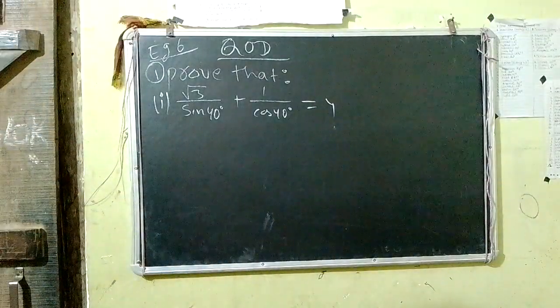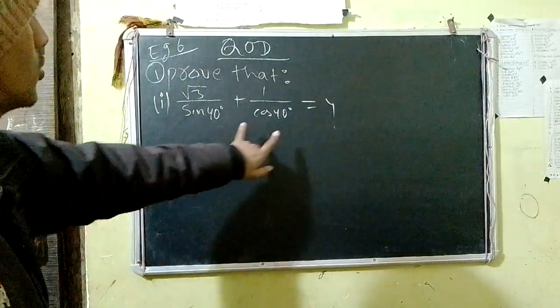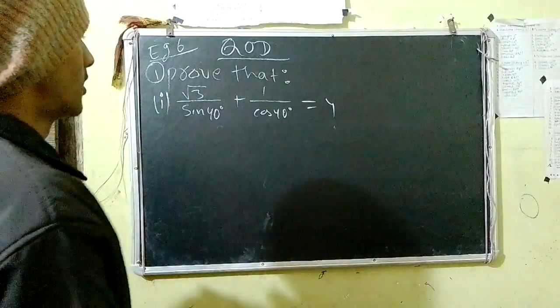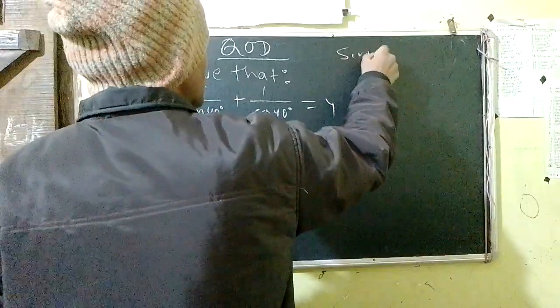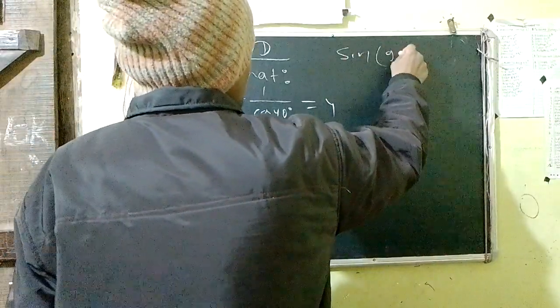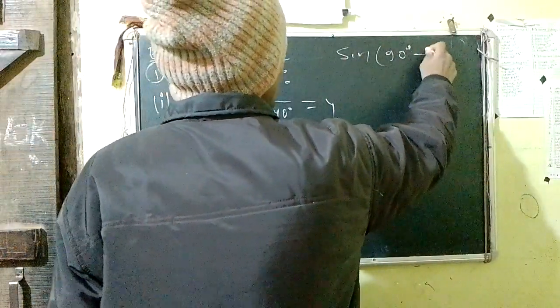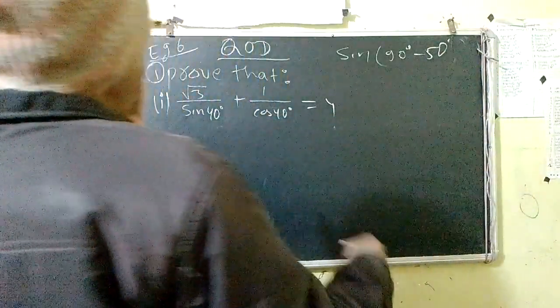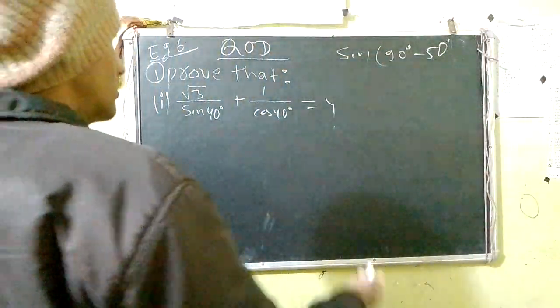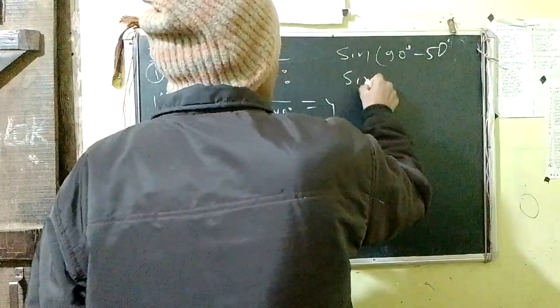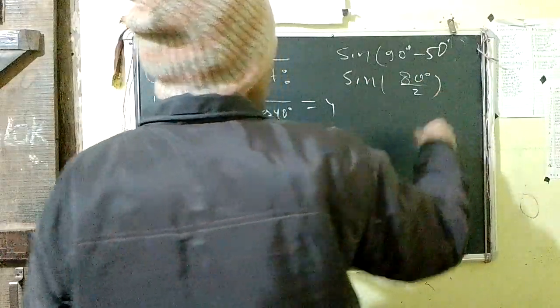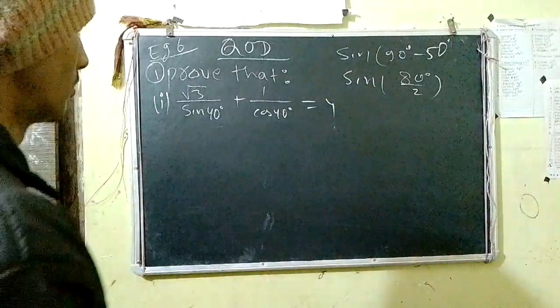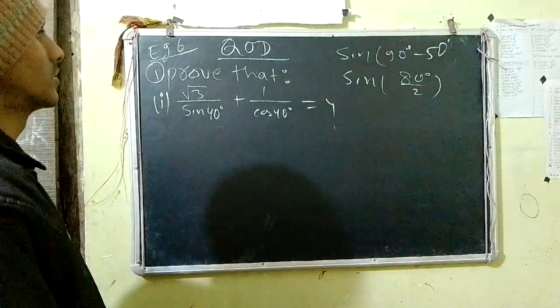It is simple. We do not know the value of sine 40. You do not know what the value of cosine 40 is. And we also cannot write this in terms of any other angles, like 90 degrees. If you do 90 degrees minus 50, it's not helpful at all. If you use the formula for sine of theta over 2, again it's not helpful at all. So what I suggest you do